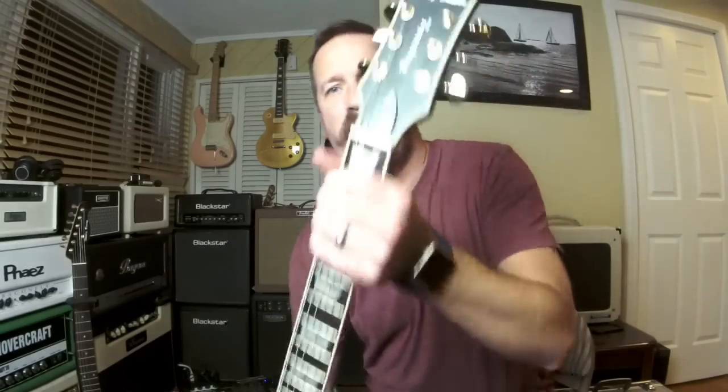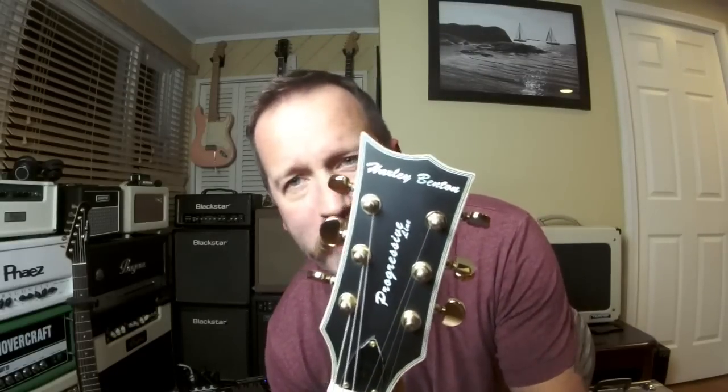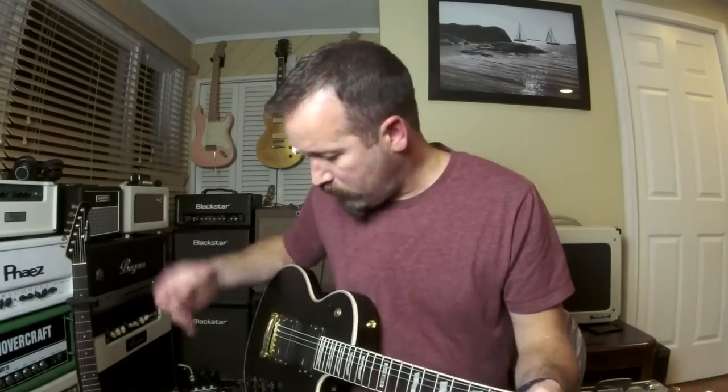The cool thing about the SC-1000s, or the L-1000s, is they still have a very ESP kind of headstock, and it's not like the traditional new Harley Benton flat top. So it's kind of neat that way, because it's still got that pirate charm of being slightly more copycat. The other great thing about this is it's a really cool matte finish with a nicely done arch